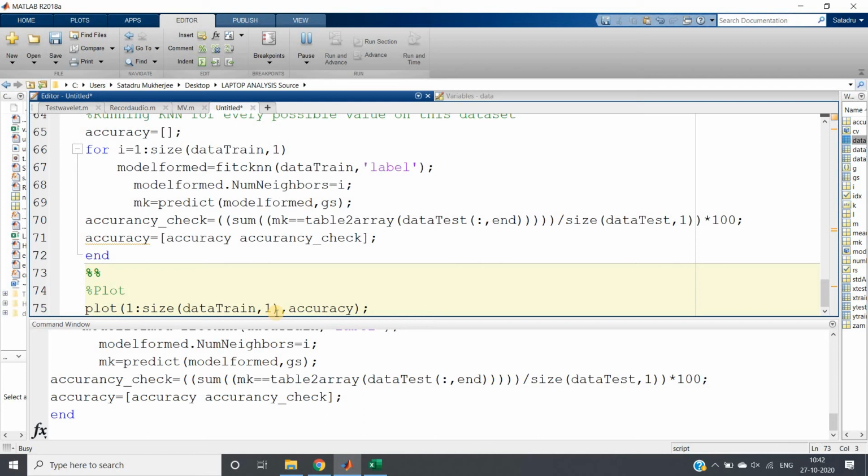So I am taking 1, that is row not column. This will give us a visual inspection of which k value is giving us the best accuracy, and whatever k value gives us the best accuracy, we are going to choose that for our machine learning model going forward in real time. So this is how we choose our k value in case of KNN.